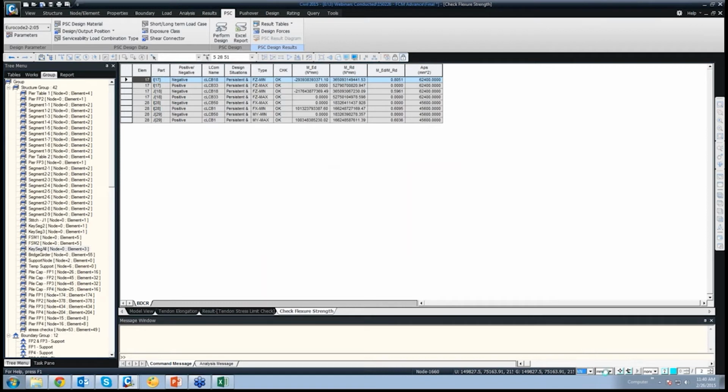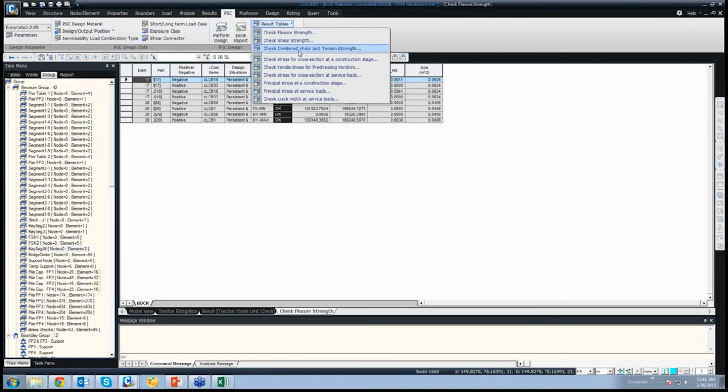Say in kilonewton meter. So these are the design forces that would be acting, and these are the design forces for which it is designed. So if you go to the check column, you'll see everything is okay.